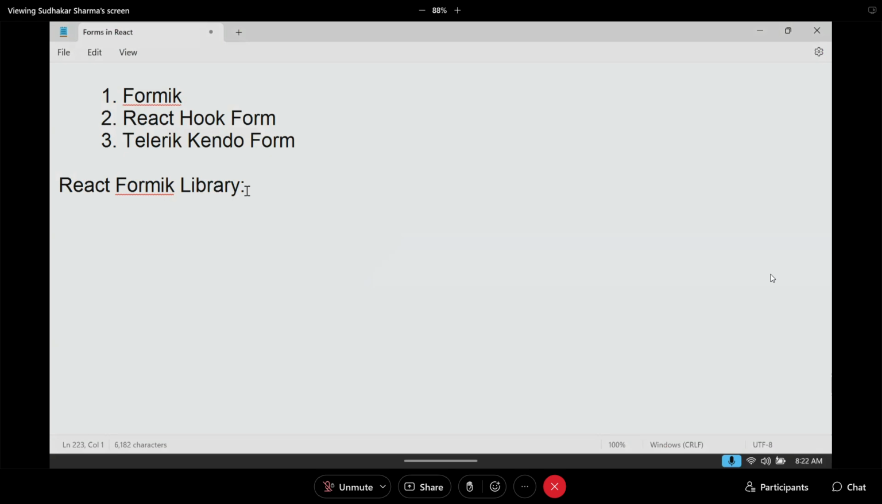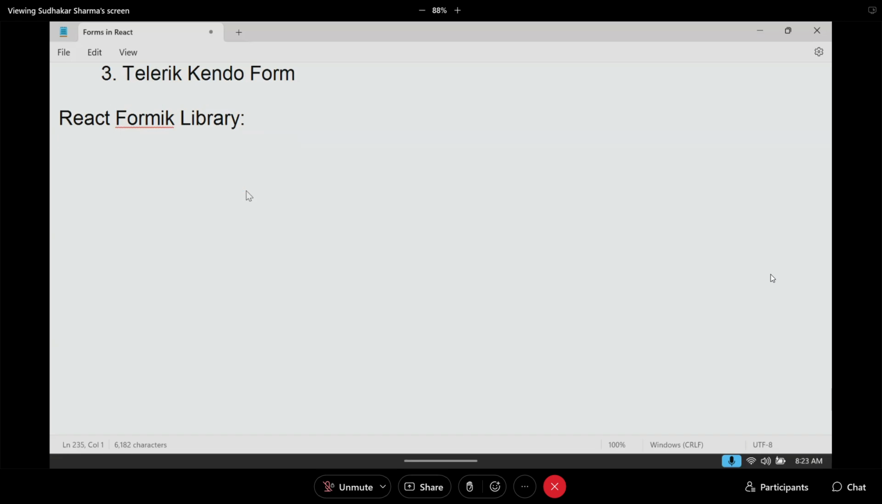Formik library. Let's see how we can do that. What it provides, and as I told you, it provides a lot of things. We have to understand level by level. Let's see the basics first. So, first point,